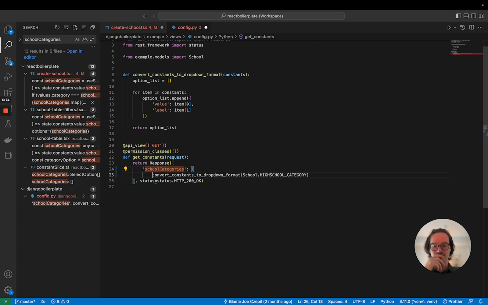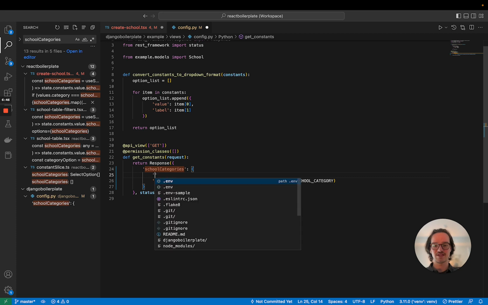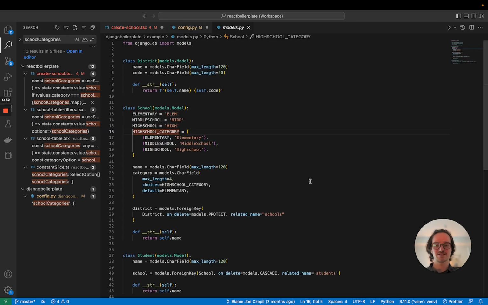It's not horrible. What we could do is we could take all these and convert constants to drop down. We could call this options. So on the front end, we can always say school, get the school categories options, but then here as well, we could, like for each key in this,